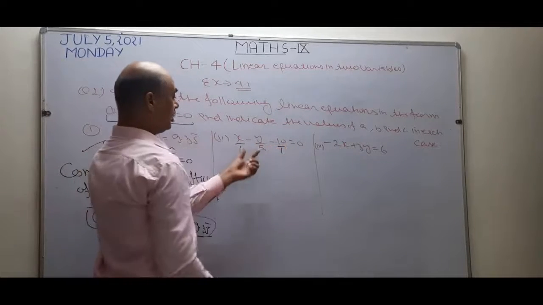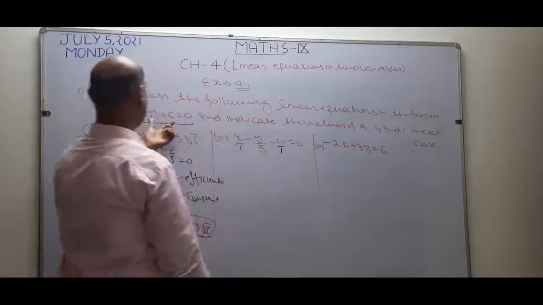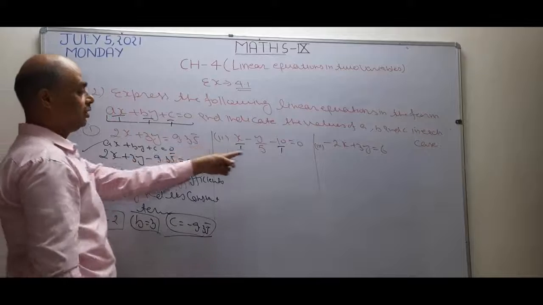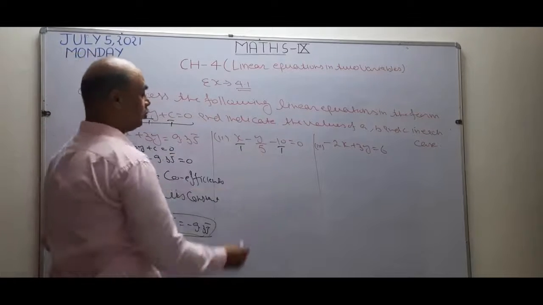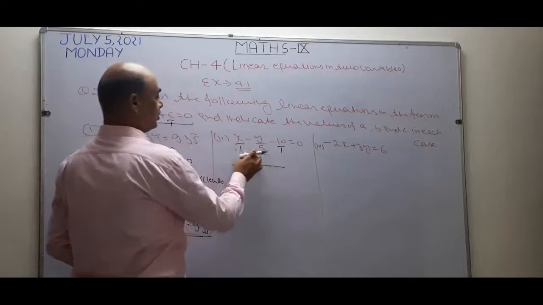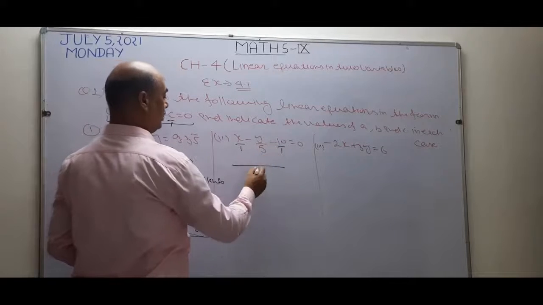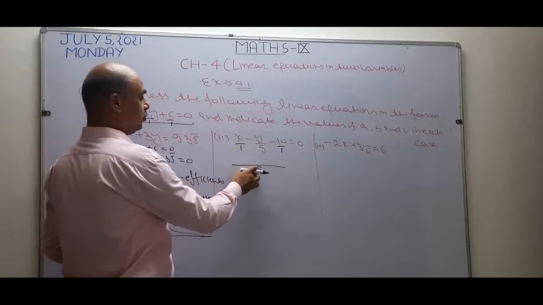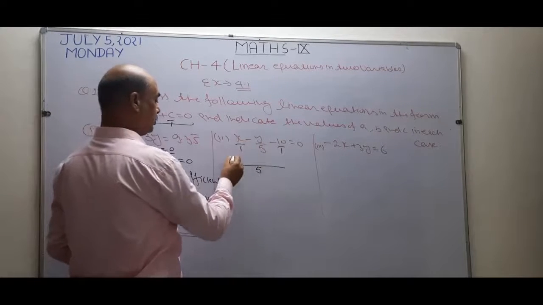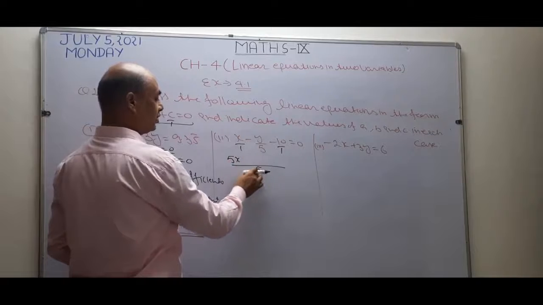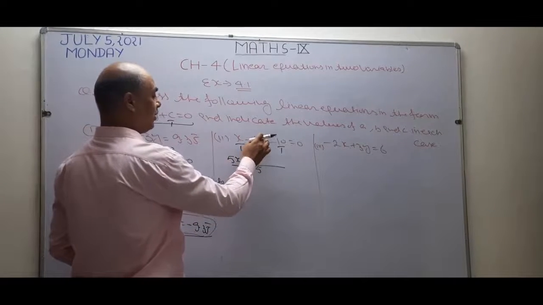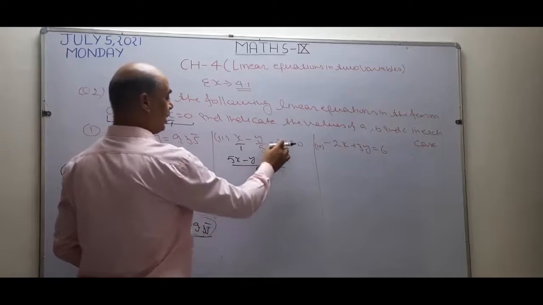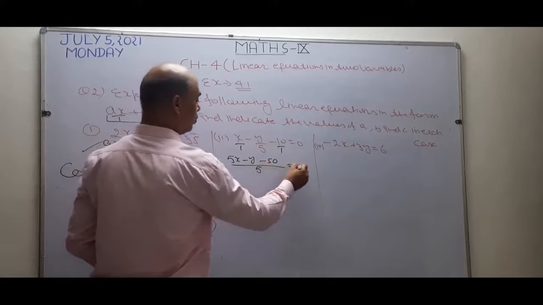Now see. First I am going to convert the given equation into the standard form. See, the denominator in the standard form is 1. But in this question 5 is there. So I want to remove this 5. First I want to take the LCM of 1, 5 and 1. So the LCM of 1, 5 and 1 is 5. Here 1 is written, so this is going to multiply with x. 5 into x becomes 5x. 5 is going to cancel with 5. What is left? 1. When we multiply 1 by y, this becomes minus y. Again 1 is there, so this is going to multiply by 5. So this becomes minus 50 equal to 0.